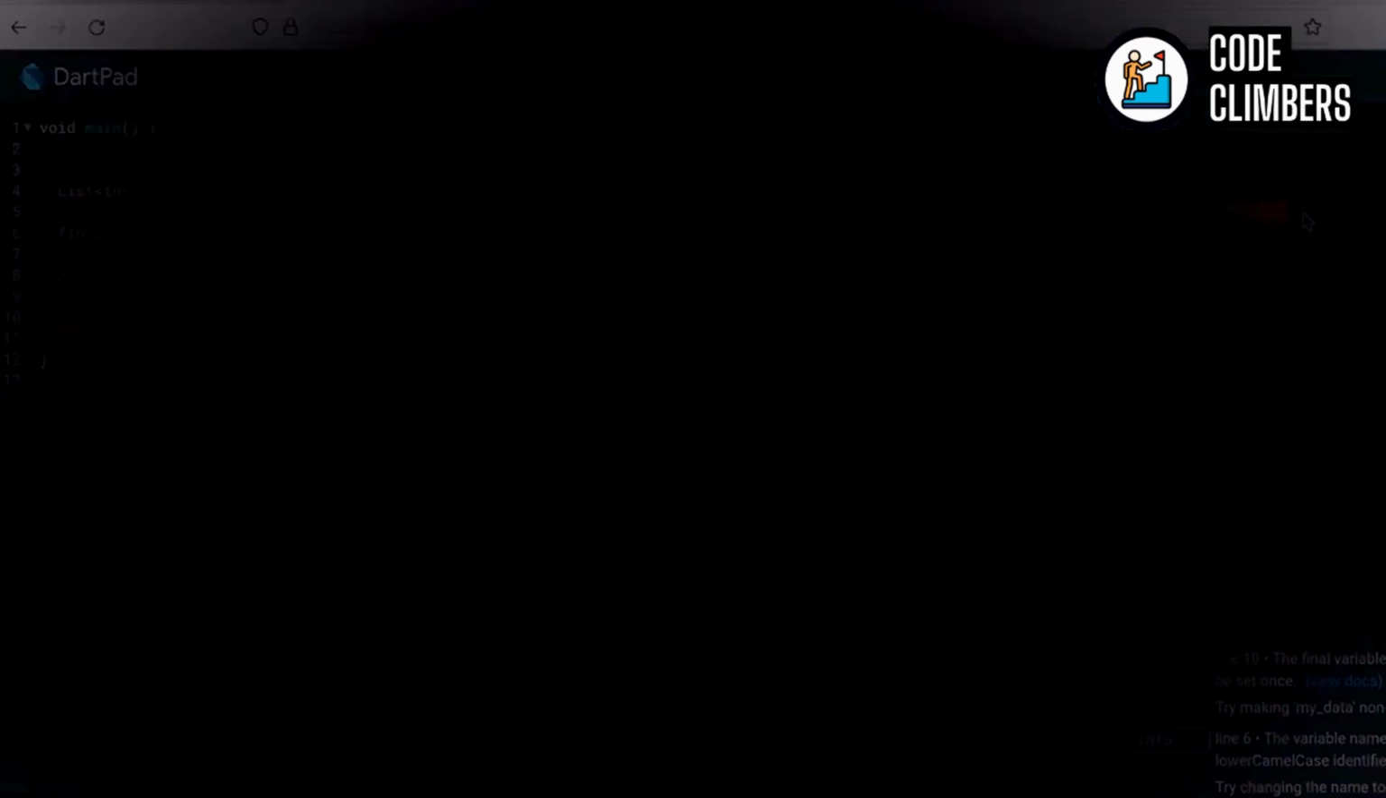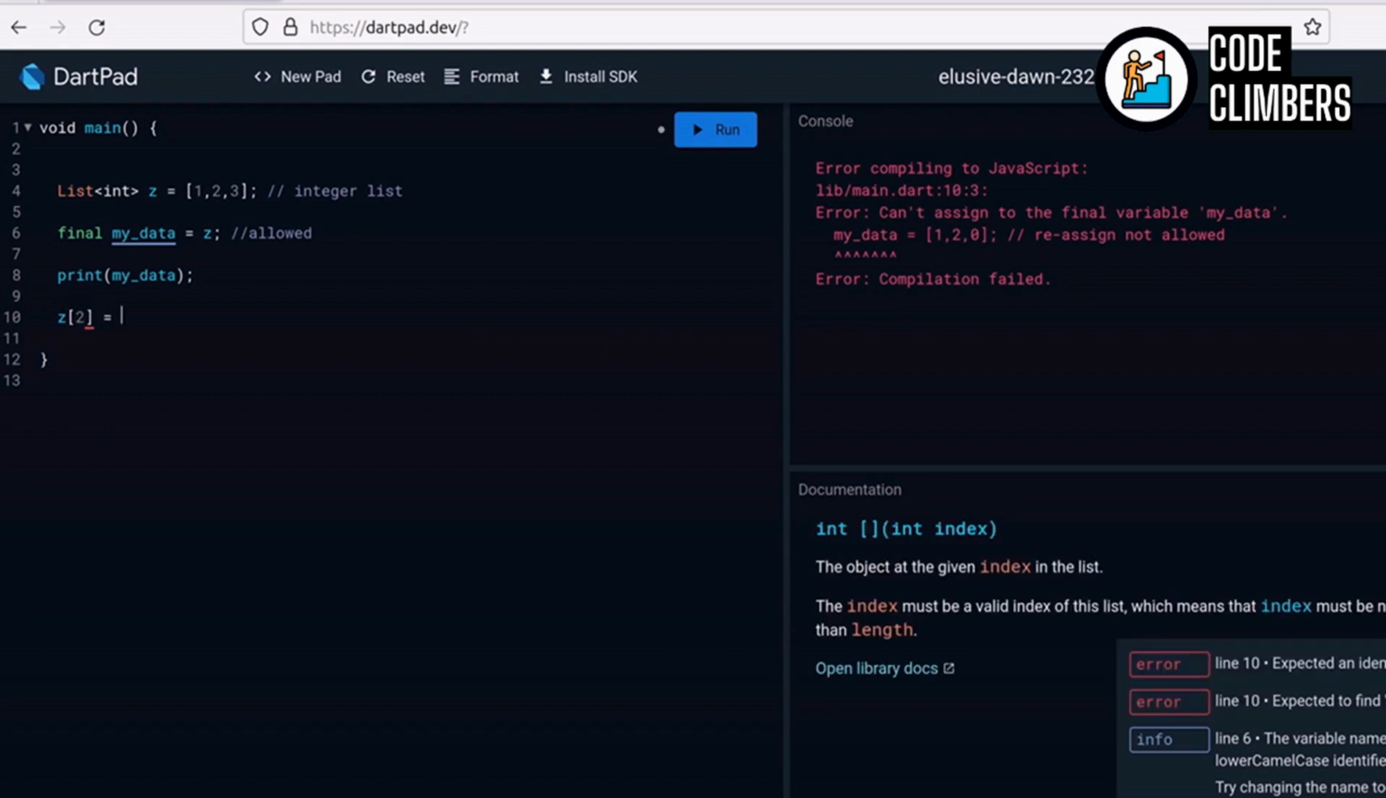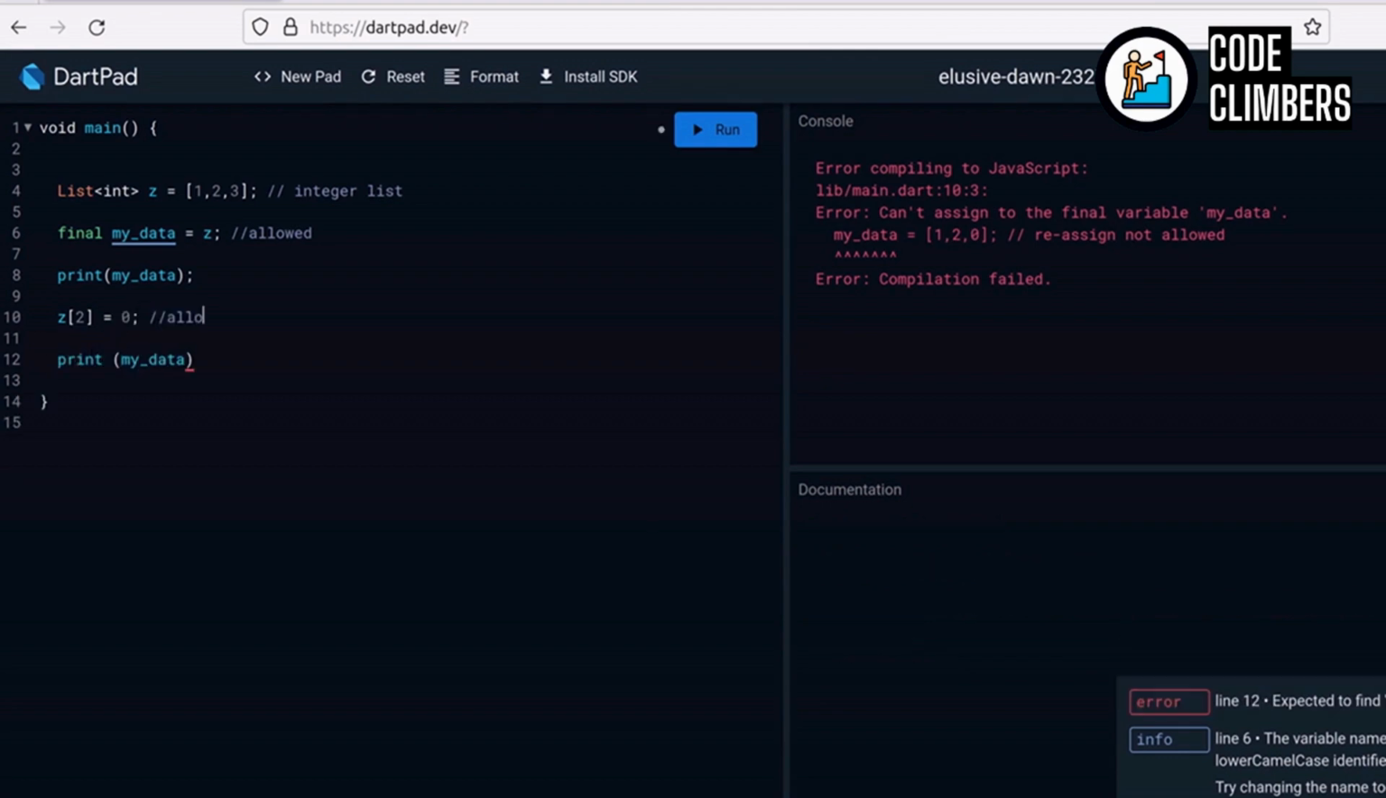However, here comes the interesting part. We indirectly modify the third element of the z list. Note that we are allowed to change the contents of z as it is a mutable variable. Here, we overwrite the last value of the list with a new value 0. Now, if we print the value of the final variable myData, we see that the contents of myData have now